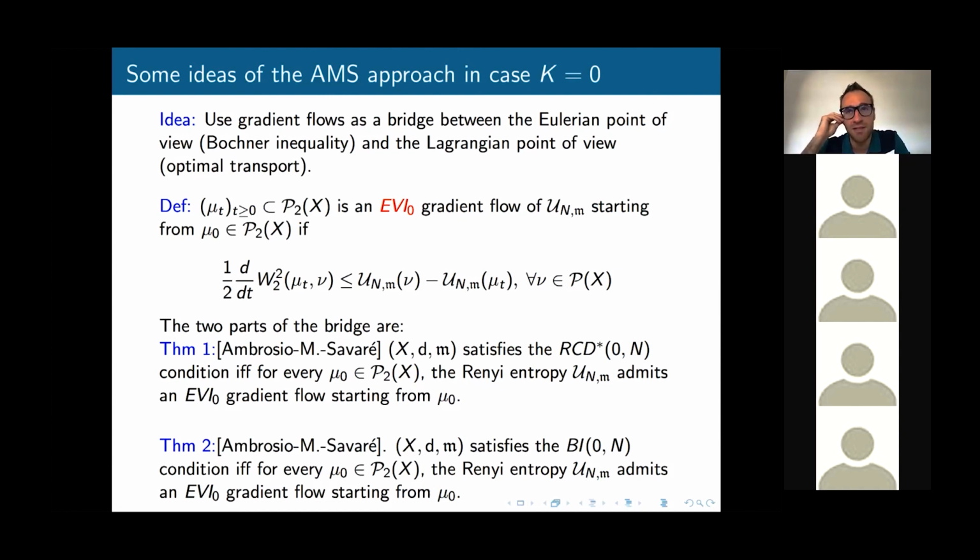The practical answer is that, in day-to-day life, when you want to prove theorems in RCD, what you do is you integrate by parts, and it is really useful to have that the Cheeger energy satisfies, so is a quadratic form, to say that it is really induced by a scalar product, so that you can have a scalar product of grad f, grad g, and you can integrate by parts, and you can get that the Laplacian is linear, and so on. So from a practical point of view, I think it is quite important to have that it is really quadratic, but I think it is also interesting as an abstract question what you're asking.